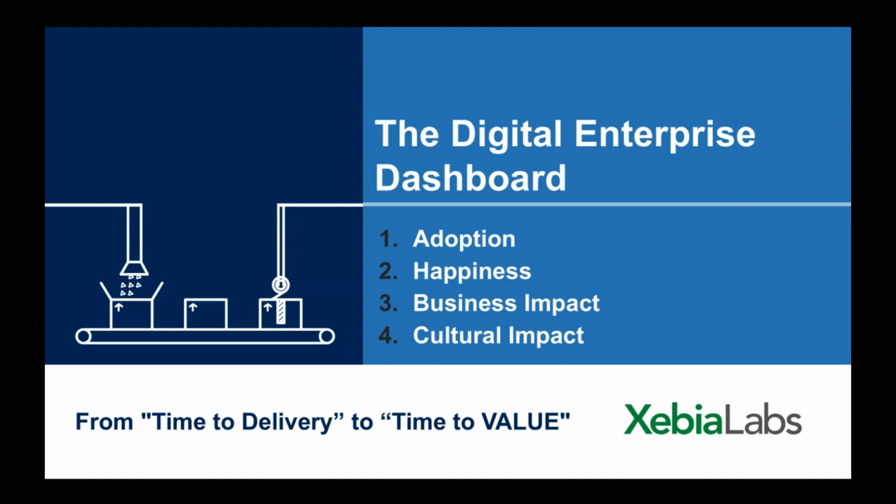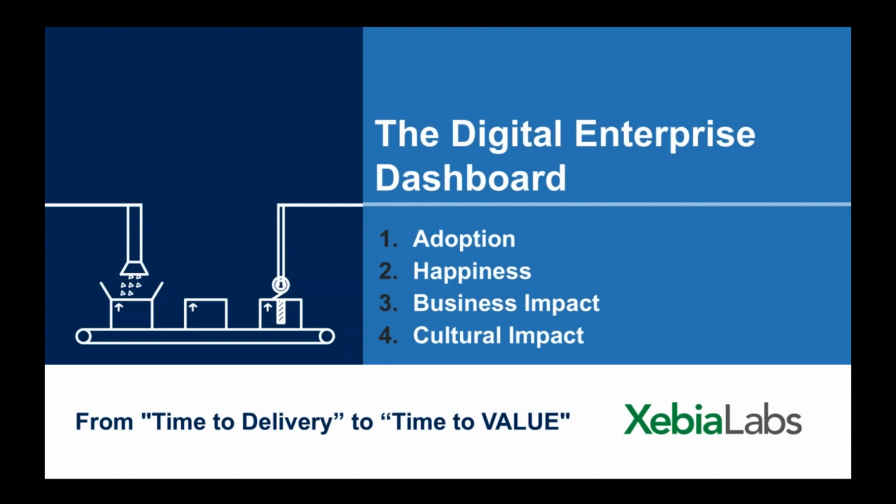So for this digital enterprise dashboard, it's one of the tiered models here, where you really want to measure everything that was in that DevOps dashboard, but you're going to have a few more tiles on that dashboard. You're going to have a few more charts. And the ones that I'm going to propose are going to fall into these categories, right? So looking at the adoption, right? So are your changes actually being used?